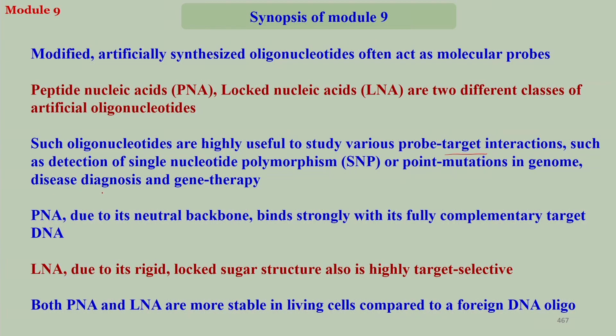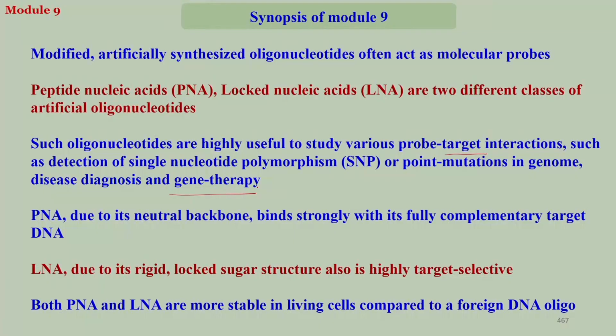Disease diagnosis, many times the diseases which are associated with gene mutations can be studied using this. And gene therapy, that is another very important aspect of it. If you want to silence a gene, if you want to neutralize the function of a gene, then PNA is one of the good molecules to be used. So, your gene will have much higher binding affinity with PNA, and when they form a stabilized hybridized complex, your gene cannot go for further DNA replication, because for DNA replication they have to unwind, and once